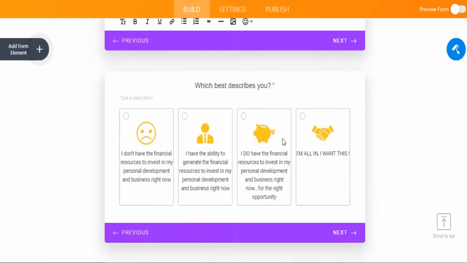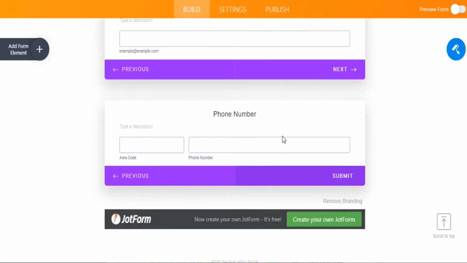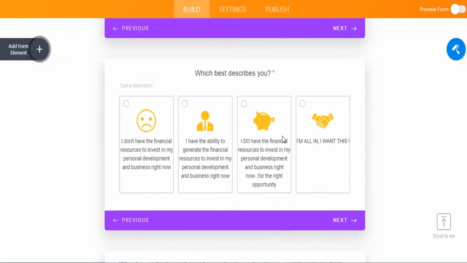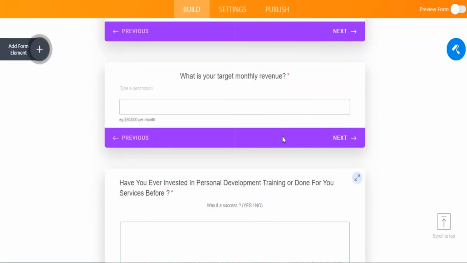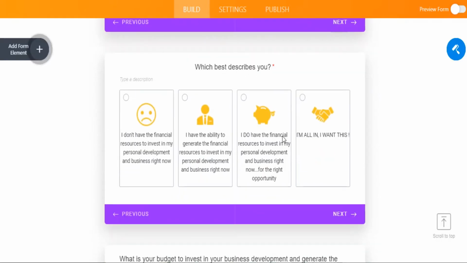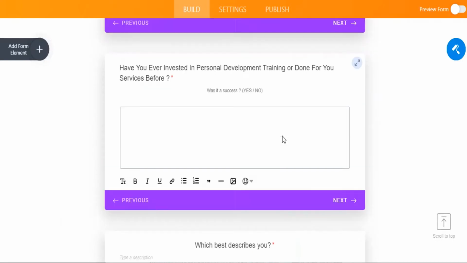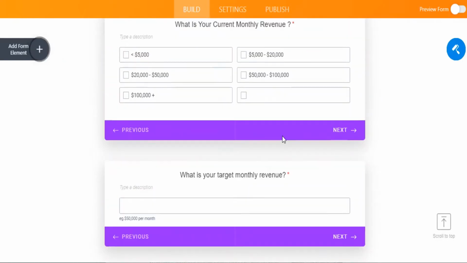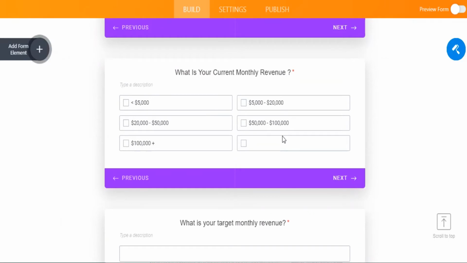So as you scroll down, there's a range of information here that I've put together, question-wise. And what I've done is there are certain questions within this particular Jotform that are designed to take people to certain pages based off their answers. So because this particular funnel is designed for a coach or a consultant who is effectively assessing whether they would like to work with this person as well as gathering certain information, there are certain questions that will either qualify or disqualify them from getting through to the next stage of booking a meeting with you. So as an example,